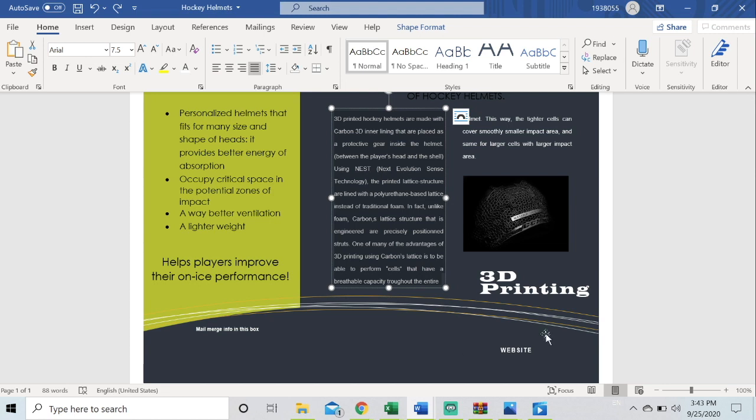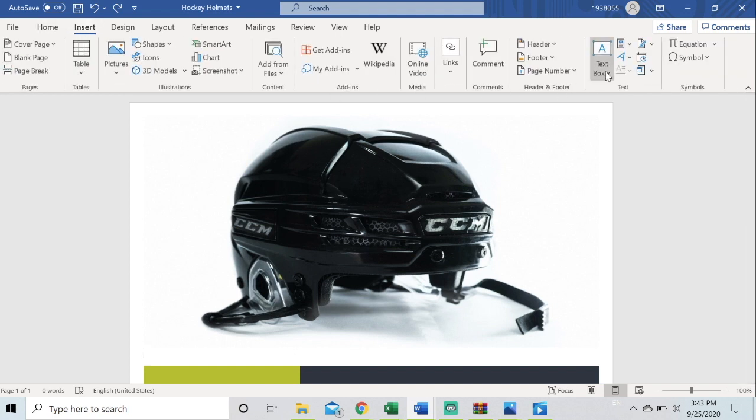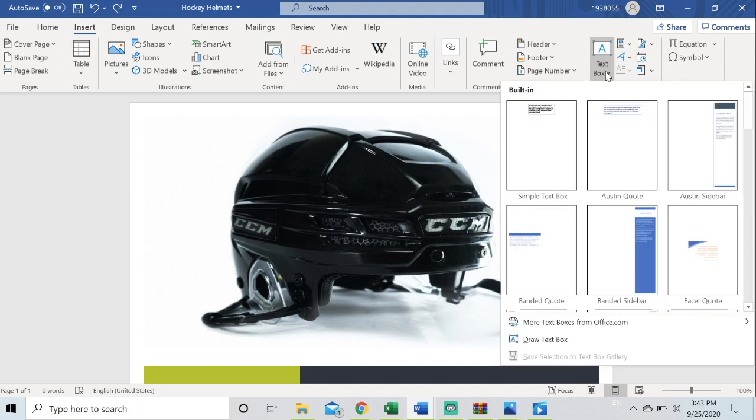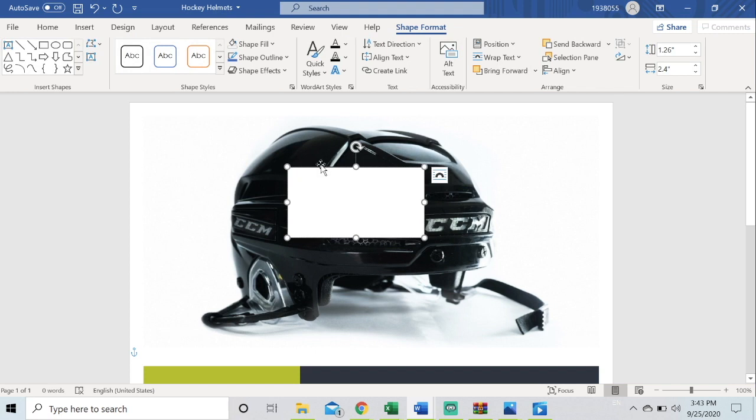First, I want to add a title to my document, top right here. So I'm going to go on the Insert tab and add a text box. As you can see, there are many kinds of text boxes, but personally I prefer to choose Draw Text Box right here, so I can place it wherever I want to. So I'm going to place it somewhere near the middle of the document, and I'm going to add a title. So my title will be